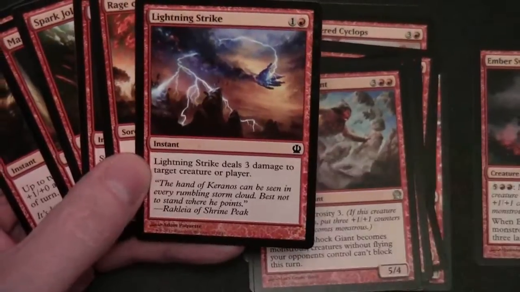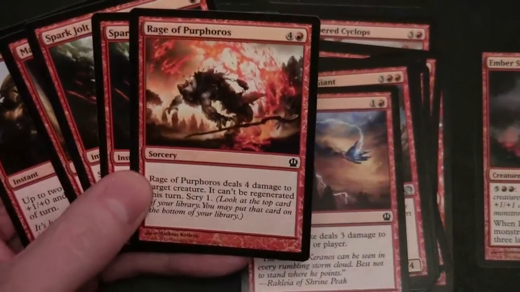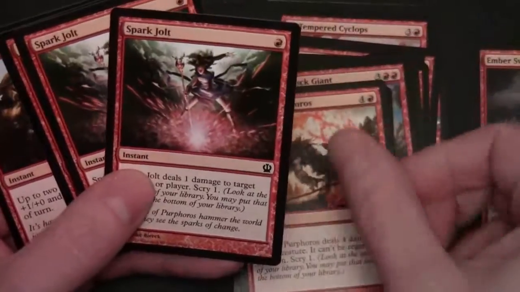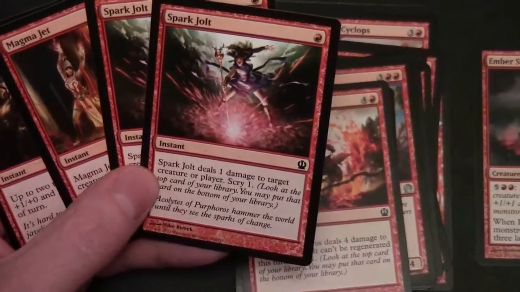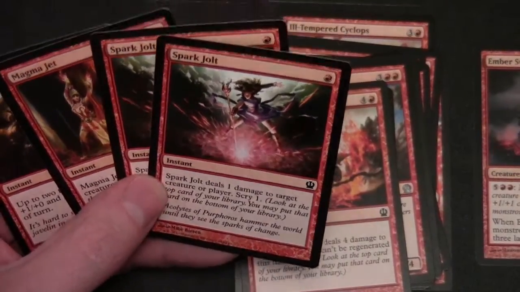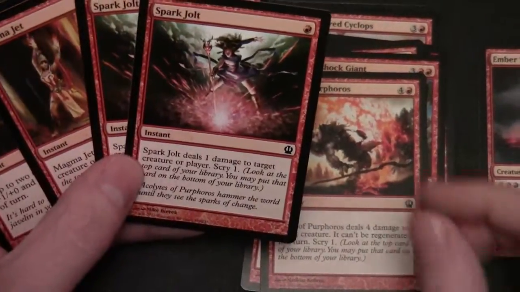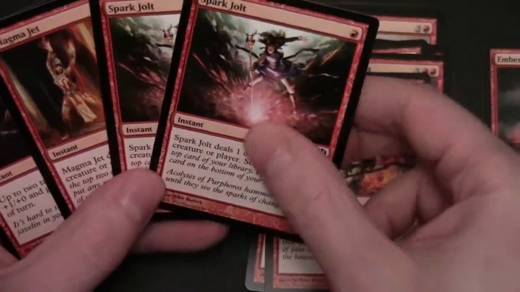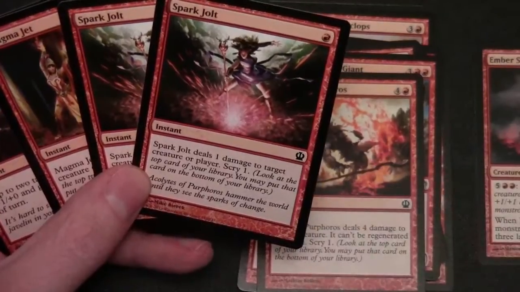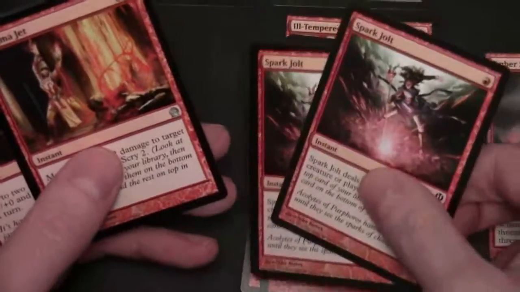We've got Lightning Strike, which deals 3 damage to target creature or player for 1 and a red. Rage of Perforus, 4 and a red for 4 damage to target creature, it can't be regenerated, and you get to scry. 2 of the Spark Jolts, which are just little 1 damage instants to target creature or player, but you could trigger heroic on something. Although if my opponent wasn't playing any 1 toughness creatures that needed to be dealt with, these would get sideboarded out